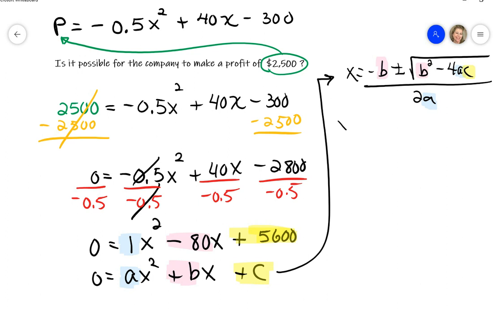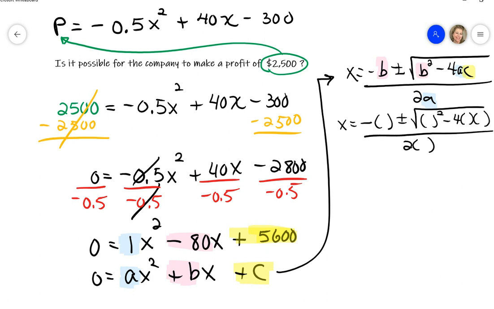So over in this equation, it's going to be negative b plus or minus the square root of b squared minus 4 times a times c all over 2 times a. So my c is going to go there. I love to color code things if you haven't figured that out yet. My b goes there, and that's an a, and that's an a. So let's see. Blue was a 1. A 1 goes here and a 1 goes there. Negative 80,